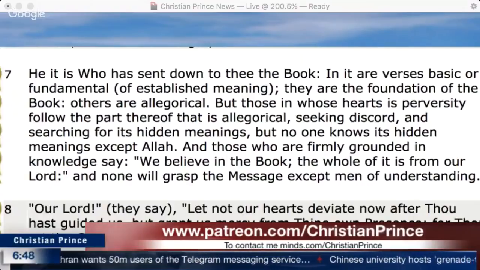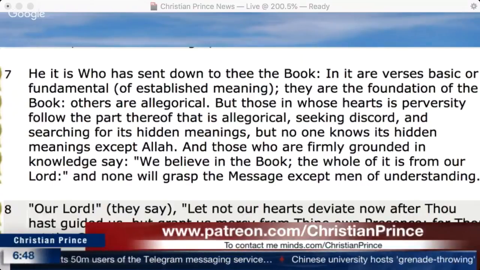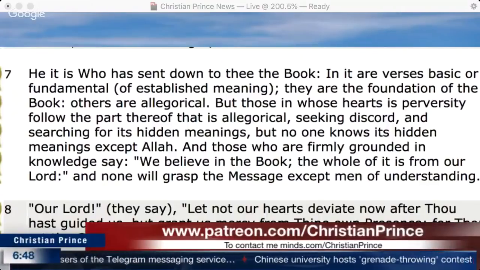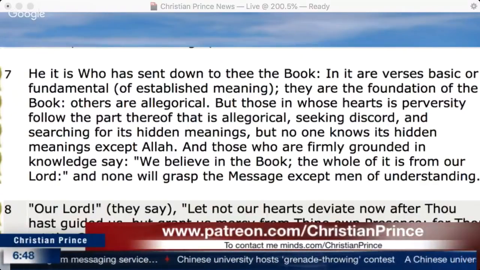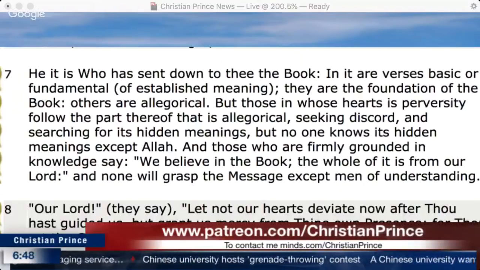Okay, they say it in their salat, assalamu alaikum. Okay, let us see. Do you think that the first chapter Allah gave to Muhammad is from the mutashabihat, which means the ones nobody understands what they mean? The first one. Which one is it? The first chapter. The first one. Fatiha.